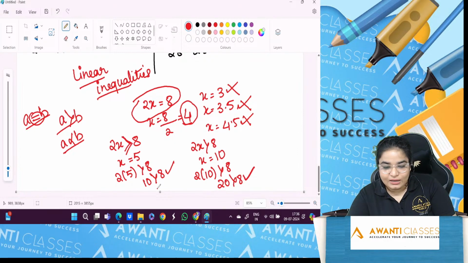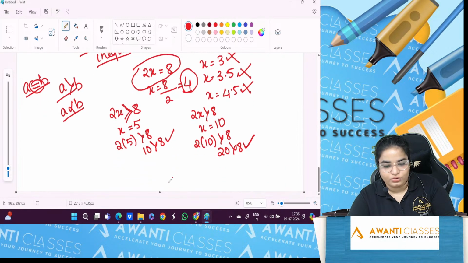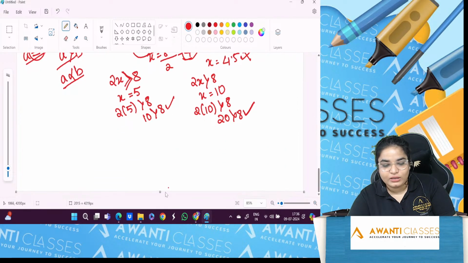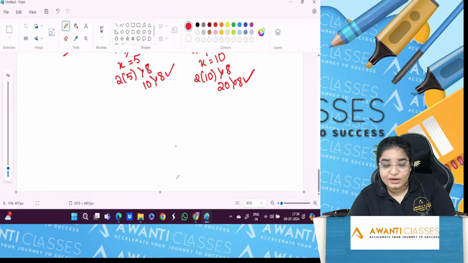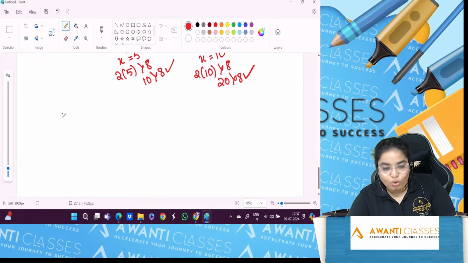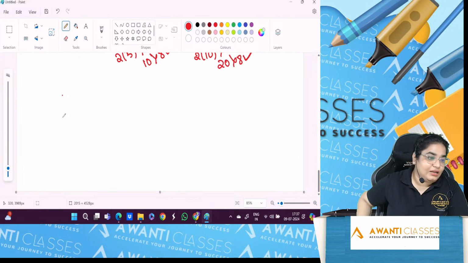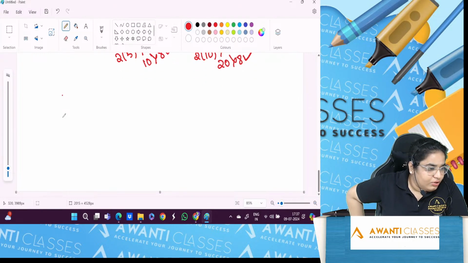When it is an inequality, there is an unlimited number of solutions. Why? It only says equal to, or it does not say equal to. It says greater than, less than, greater than or equal to, less than or equal to, all of that. So, when there is a linear inequality,